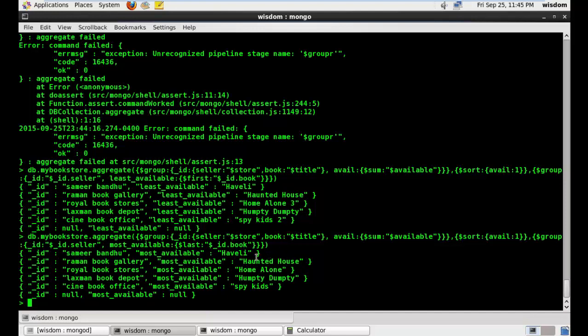This kind of operation will help the seller manage his inventory and place his orders, and make sure that he's not having a lot of some books and a shortage of other books. Now let's try to figure out the minimum availability and maximum availability for all these stores. Okay, so now what we will do is